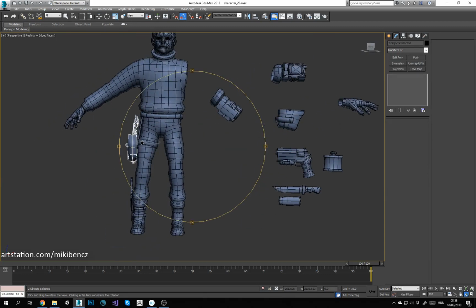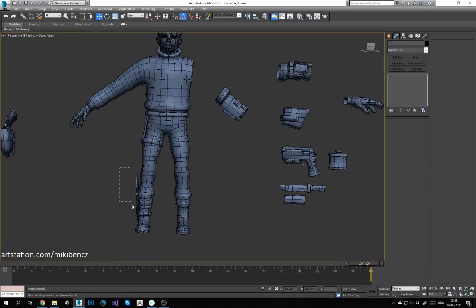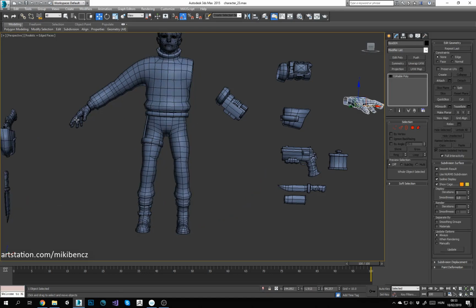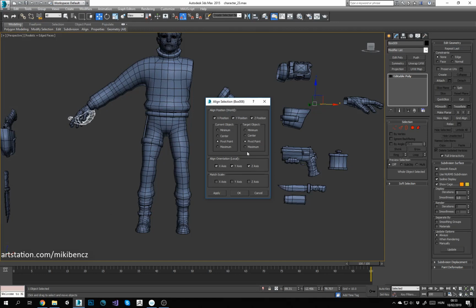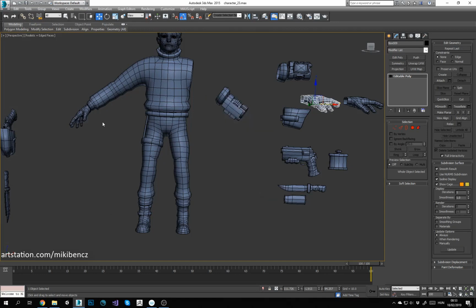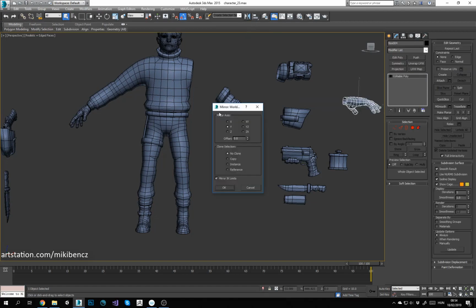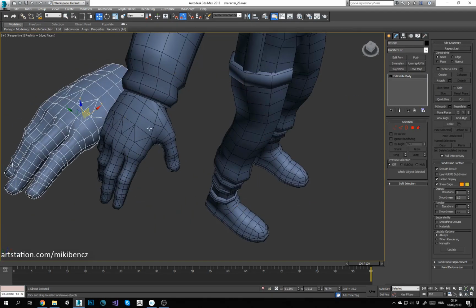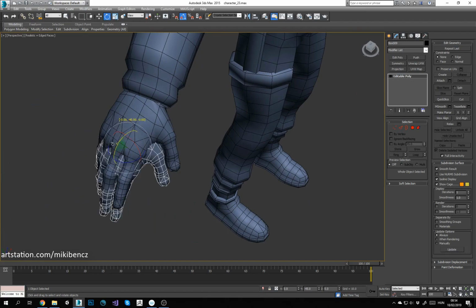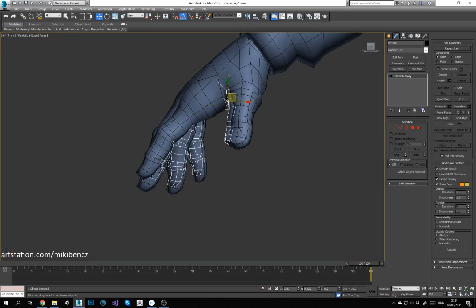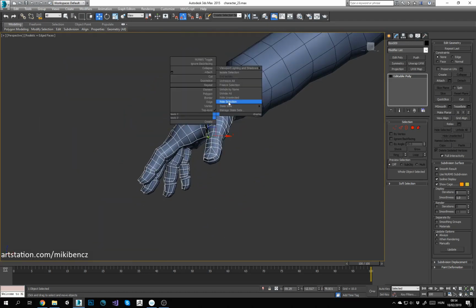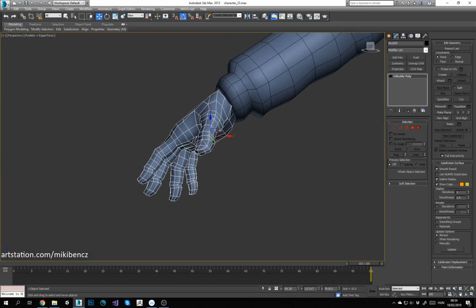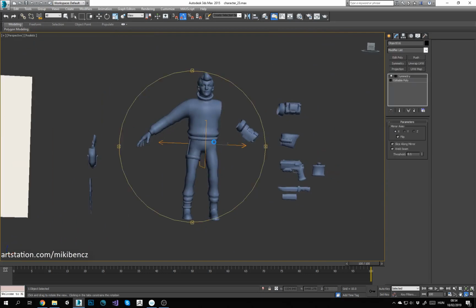Most of the time, firstly, I UV everything, and then attach the whole model together. Here you can see that I kept all of the geometries separate and all of the objects separate, and that way I'm not getting confused on what I'm UVing or what's happening in the UV editor. I just quickly do my thing and